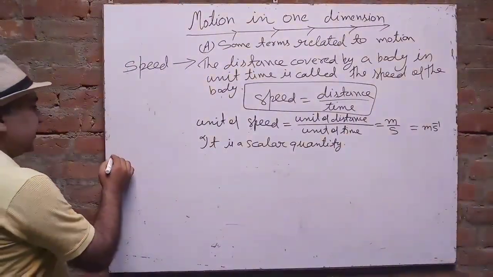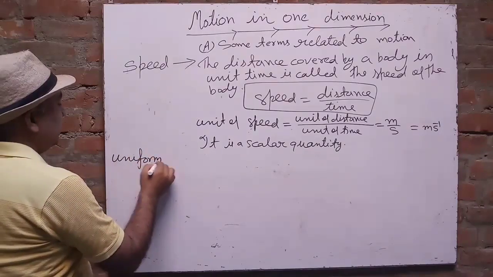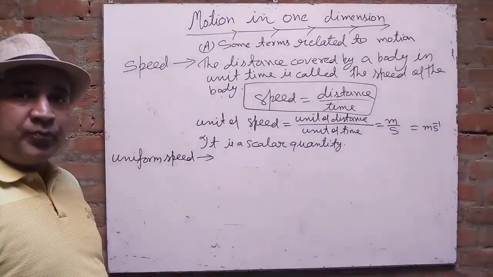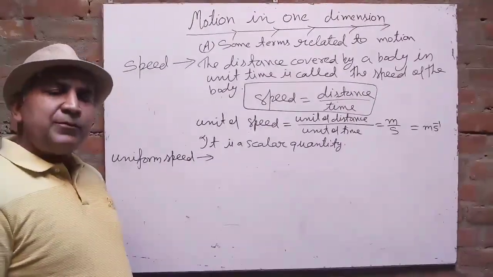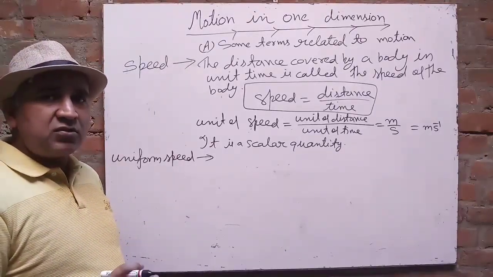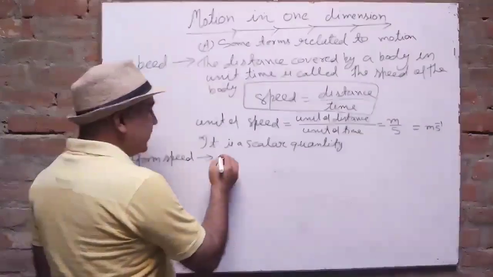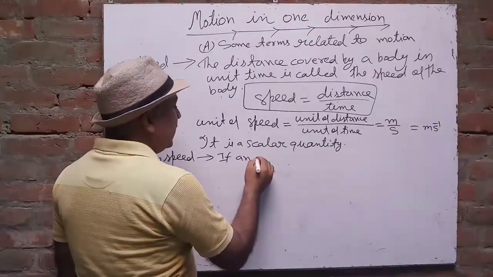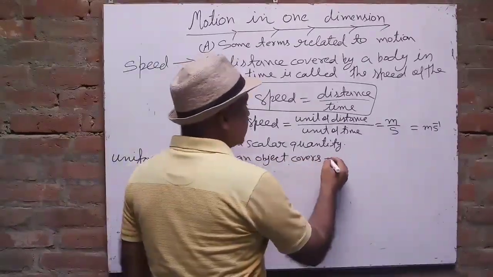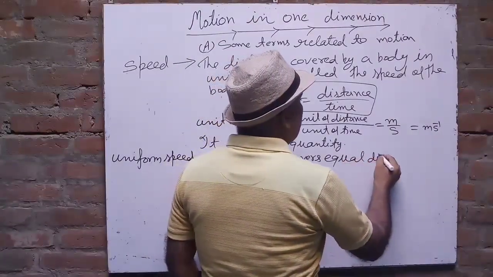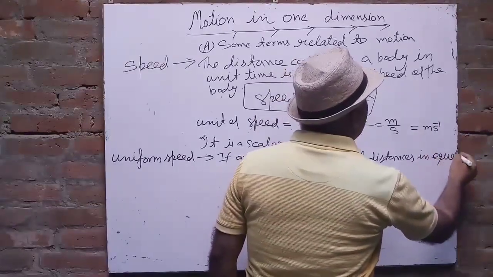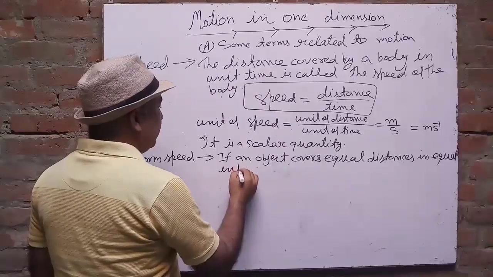Okay, now we will study uniform speed. Uniform means same. Uniform speed means same speed. If the object's speed is neither increasing nor decreasing, that type of speed is called uniform speed. So how will you define it? See, if an object covers equal distances in equal intervals of time,